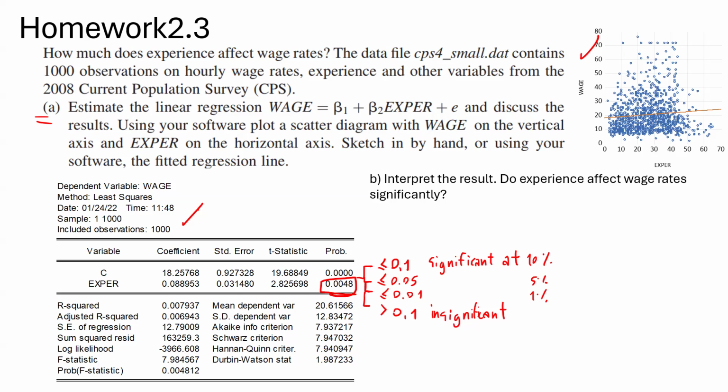So I teach you the lesson behind why you can read this probability. Okay, and when you work with real data, you can just read this probability. So interpret the result: does experience affect wage significantly? You can answer that since the probability of the t-statistic for experience, the p-value of t, equals